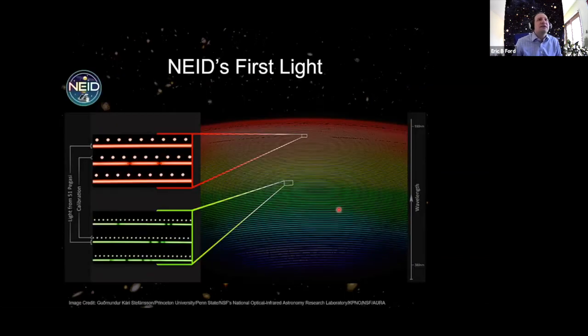And so here, maybe to illustrate the point of the calibration systems, here's NEID's first light of 51 Pegasi back before the COVID shutdown. And you can see there's both the thing that looks like continuum with little lines, that's obviously the star, 51 Peg. And those dots show you our new calibrator. In this case, that's a Fabry-Perot etalon calibrator that gives us coverage across the entire range and can be done simultaneously with the observations. For NEID, you can also do simultaneous laser comb if that proves necessary. We're hoping it won't, just for logistical reasons.